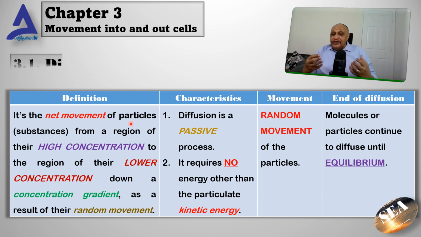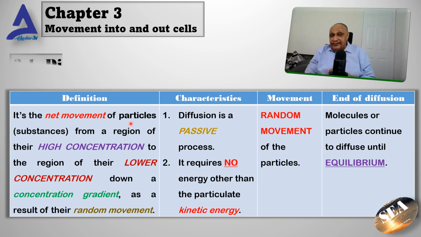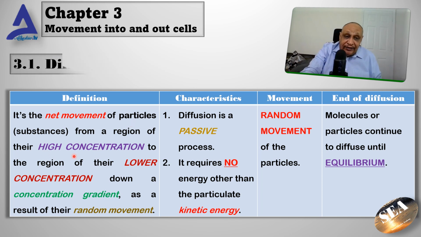It means also atoms, molecules, ions, or even compounds. Okay? From a region of their high concentration, to the region of their lower concentration, down a concentration gradient as a